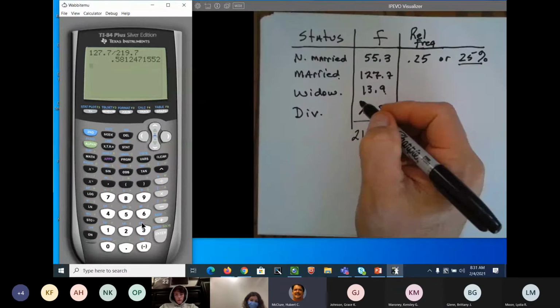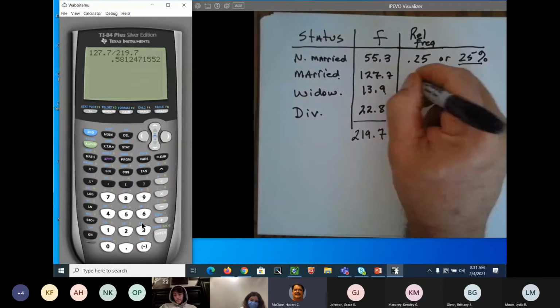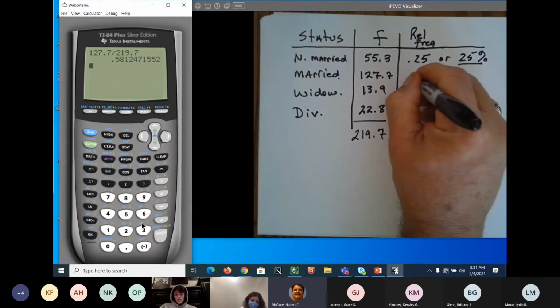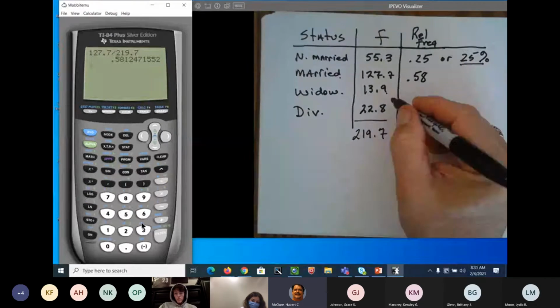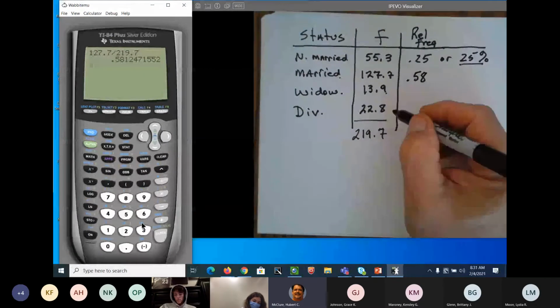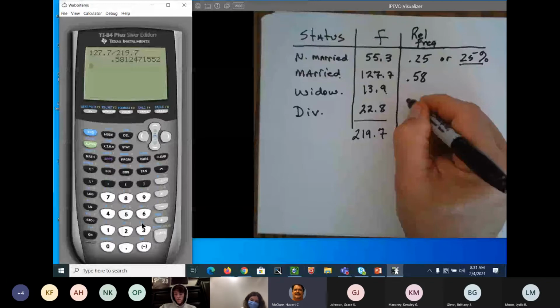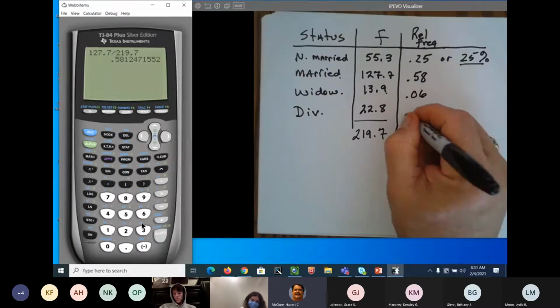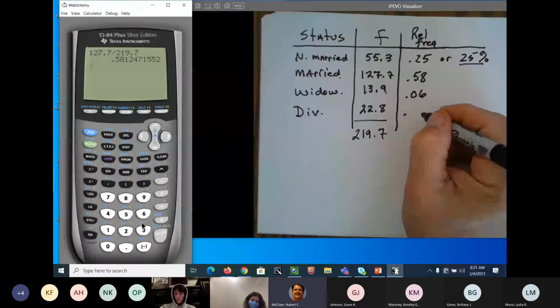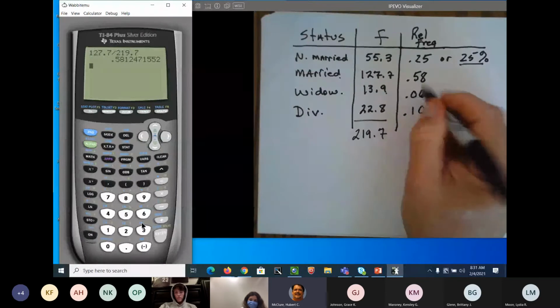And 0.58. Somebody do the last two for me. What's 13.9 divided by 219.7? Two digits, please. Round to 0.06. 0.06. And the last one, 0.10. And if you add all those up, you should get